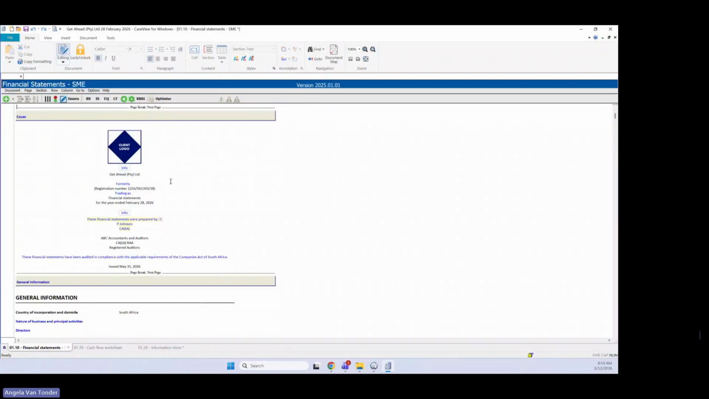So what we've got here is our logo. So we're going to think if we want that, followed by our company's name, Get Ahead Pty Limited. Then there's a formerly. So if you've got a former name, it goes in there. There's our registration number. We've got a trading as. And then it's the financial statements for the year ended Feb 2026. We've got prepared by P. Johnson, but